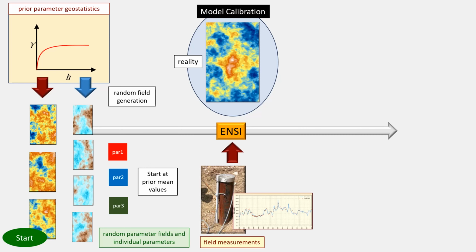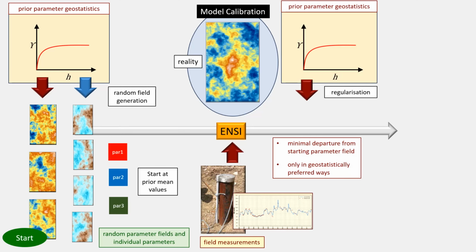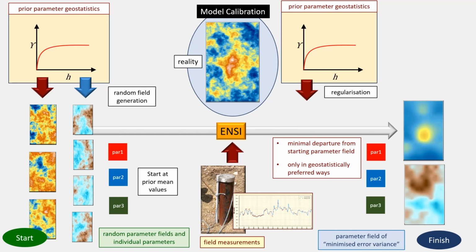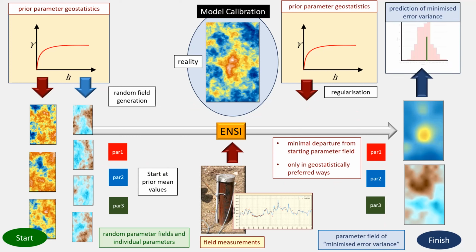We use PEST-HP to solve that inverse problem, Tikhonov regularization to try to ensure that it's solved in a way that leads to a minimum error variance solution to that problem, to obtain a parameter field with parameters of this type expressed by a minimum error variance solution for parameters of this type, a minimum error variance solution for parameters of this type, and a minimum error variance solution for certain individual parameters, which hopefully allows us to make predictions